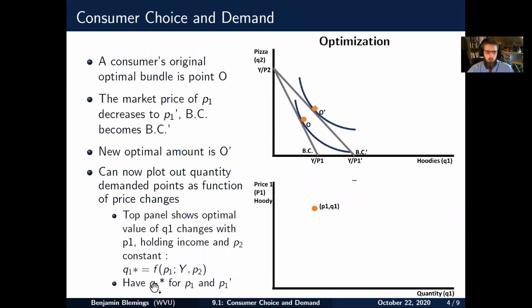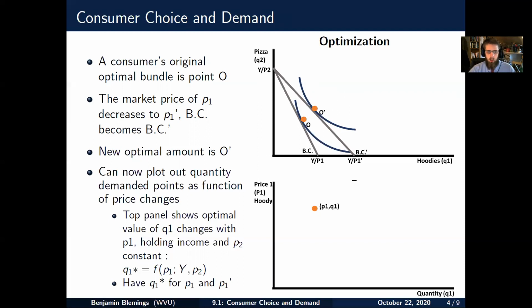which will be the subject of next class. And so from this price change in good one, and now that we know where our new optimal bundle is, we can start to use those to understand the demand curve for good one. And so our top bundle shows how the optimal value of Q1* changes when P1 changes, holding income Y the same, no Y prime here, and P2 the same, no P2 prime. And so we have Q1* for P1 and P1 prime,